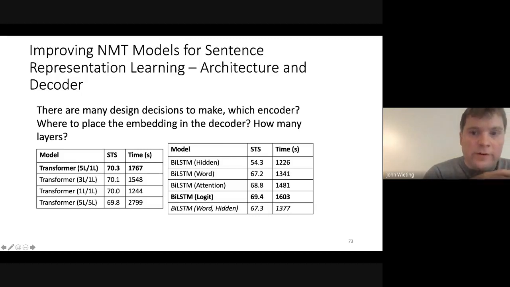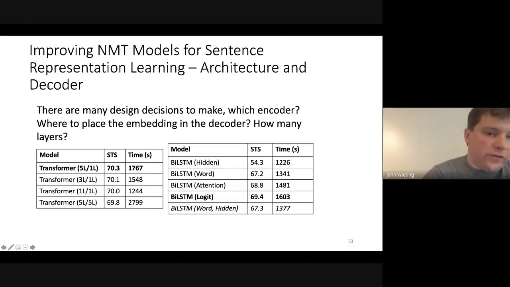where the semantic similarity performance of the models, and this is also true for other tasks like SentEval and that kind of thing, generally goes up the further in the network you go. This tends to be because that's also where the loss function is, so it helps you get more direct feedback during backpropagation. It's not having to travel through the entire network and many operations to get to your representation. It can hit your representation very quickly, and so we found that this was very important to do.